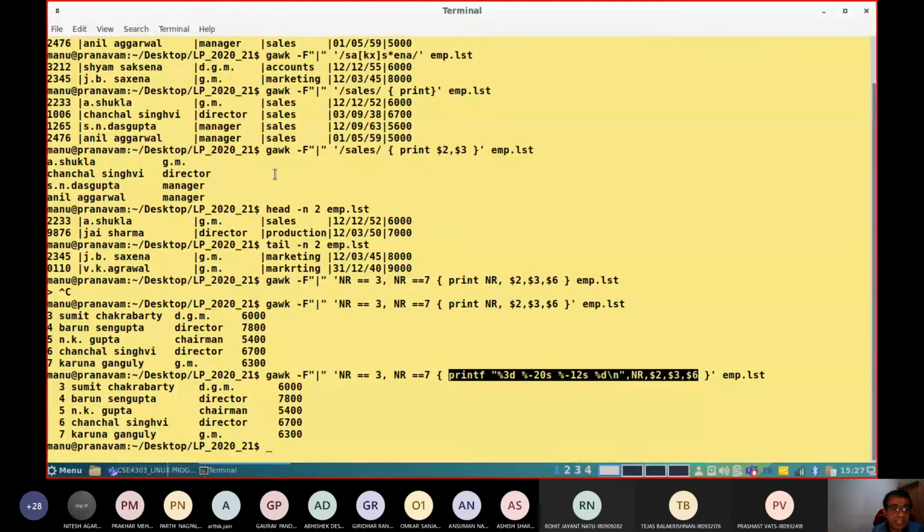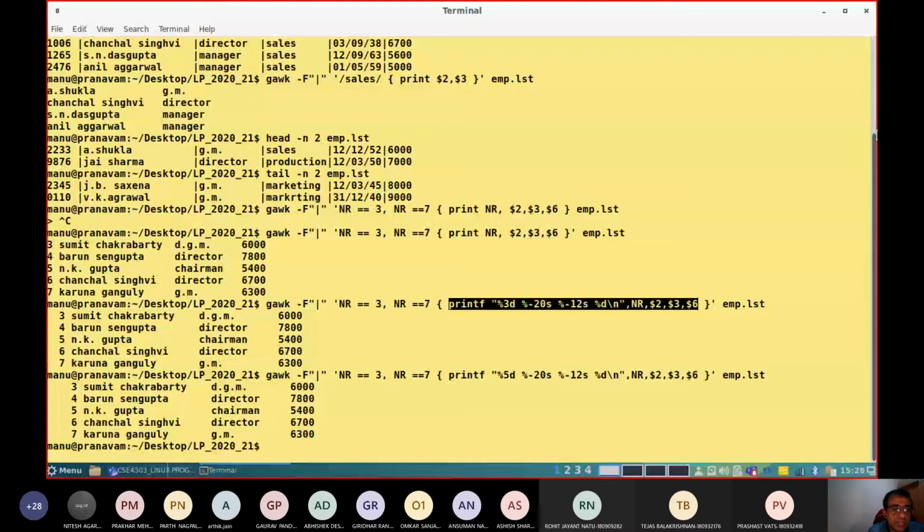Now you can see there is a space before, because a total of 3 decimal digit spaces are used to represent it. You can tweak that. Say for example, if I change it to 5 instead of 3, you will get more space in printing line numbers in the output.